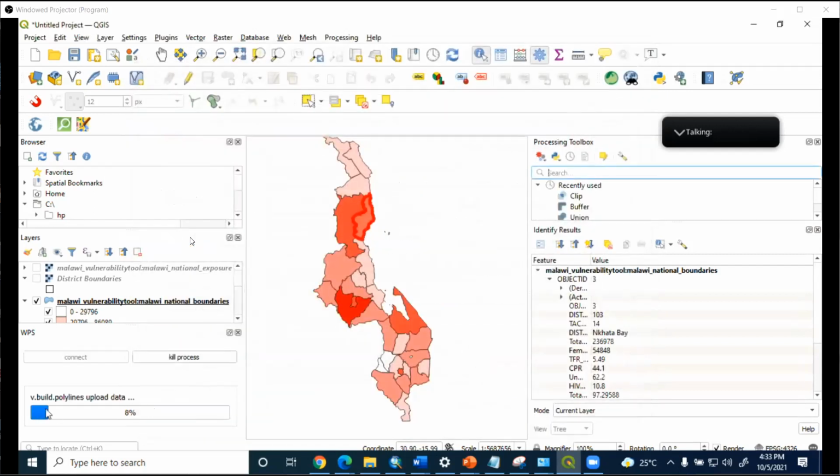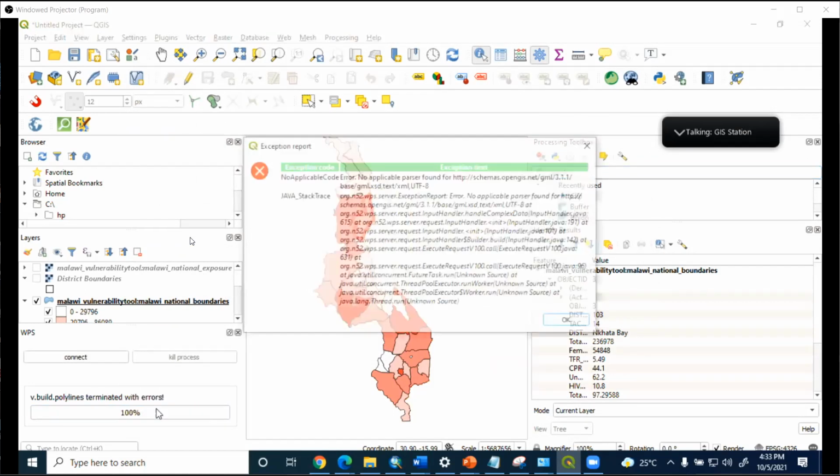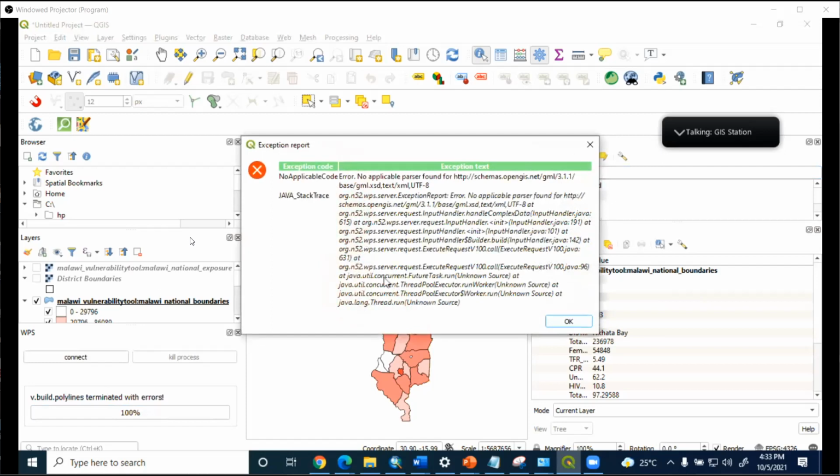So it's running, as you can see. But this algorithm, I don't have it in this client software. I got it from somewhere else. It's running, and maybe it will give me a result. I'm running on data, which is basically a web feature service, and I'm running it in a web processing service. So I'm chaining these different kinds of processes. And then it will give me a result to tell me whether I've been able to do it perfectly or not perfectly. In this case, it has given me an